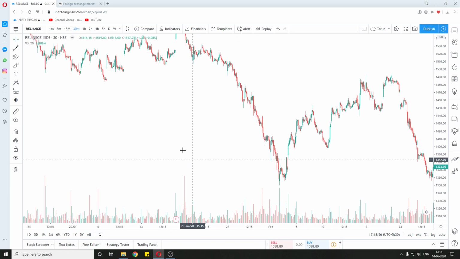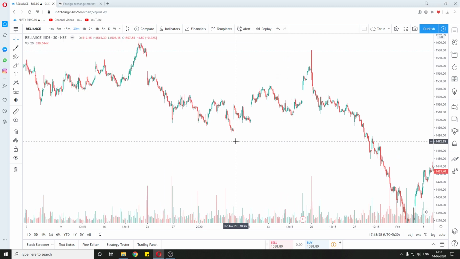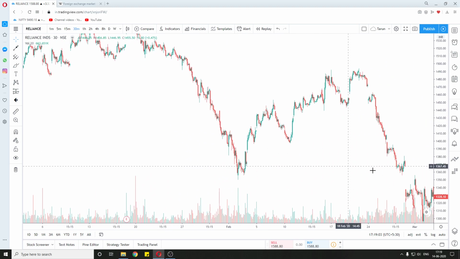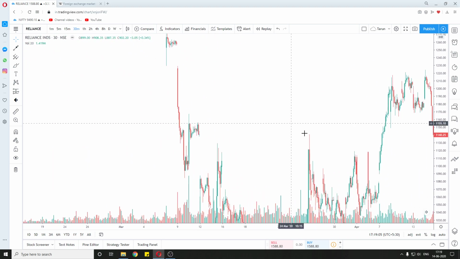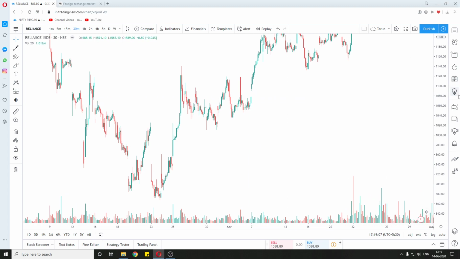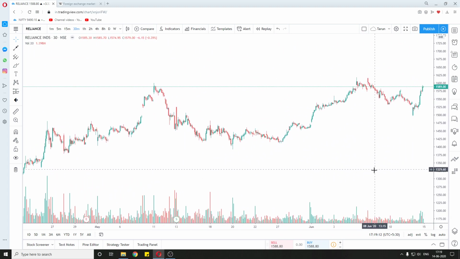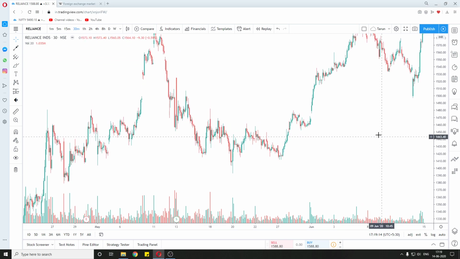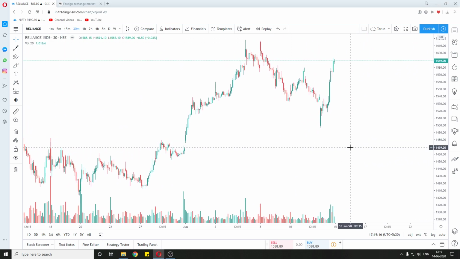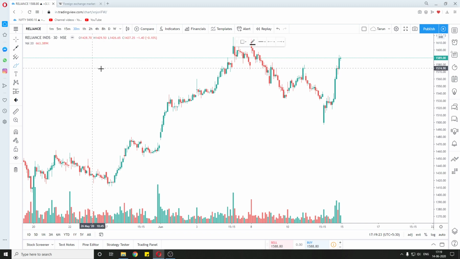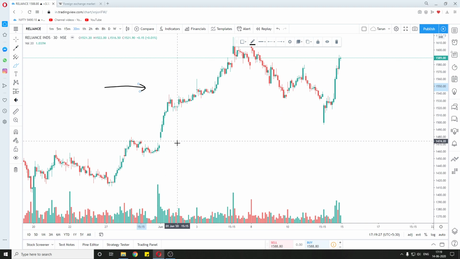I can show you some more examples. Now how to trade with this volume profile, I'll tell you the strategy in the next video. This video was to give you an idea of what volume profile is and what the volume profile does. So we will talk about examples and how to trade using volume profile in the next video. But I hope the basic points are clear, that the volume profile tells us about the price at which the maximum amount of shares were traded.